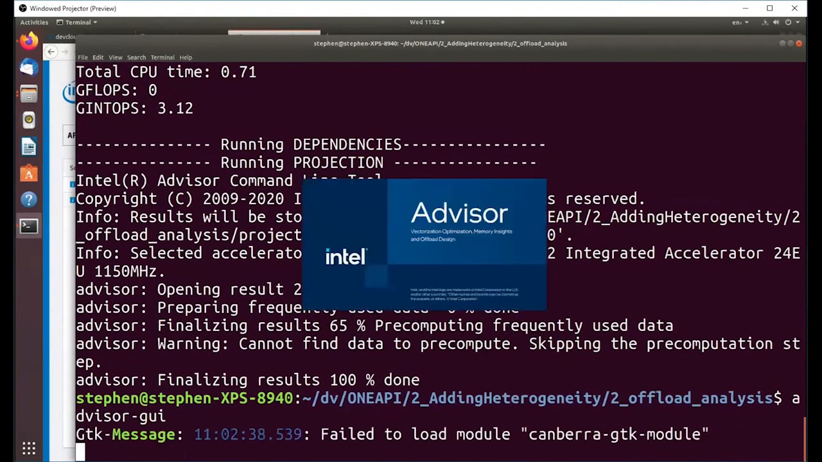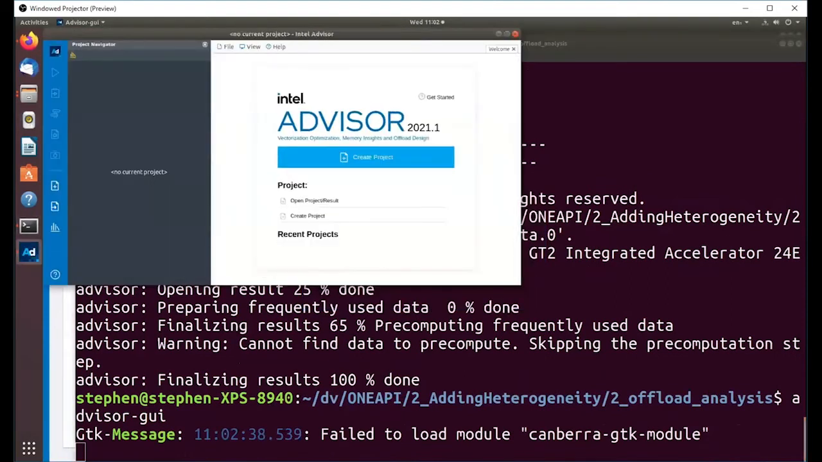So I'm running the graphical version of Advisor, and the thing I want to show you just in the next 3 or 4 minutes is how you'd